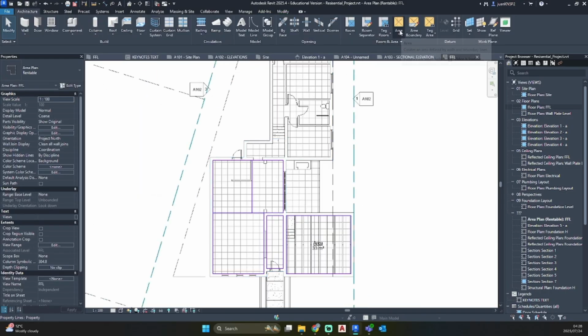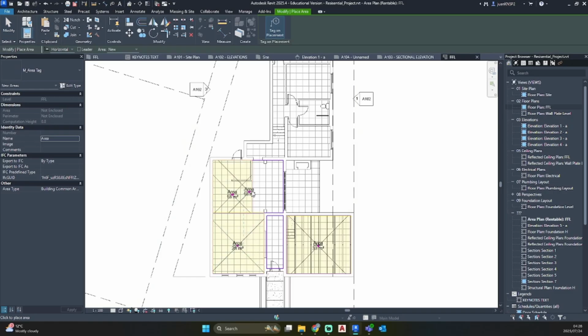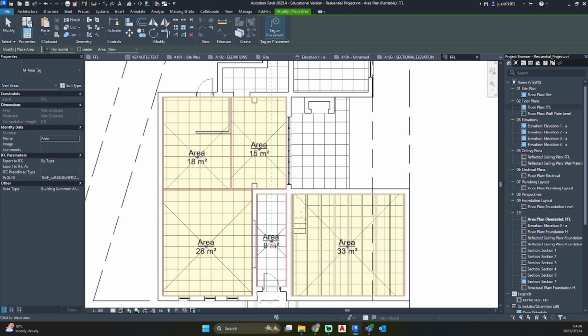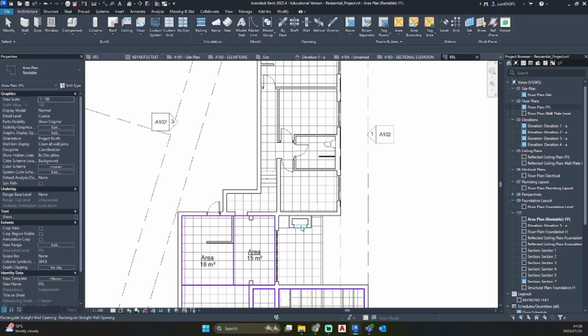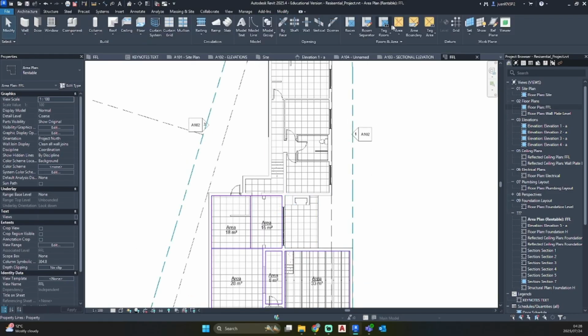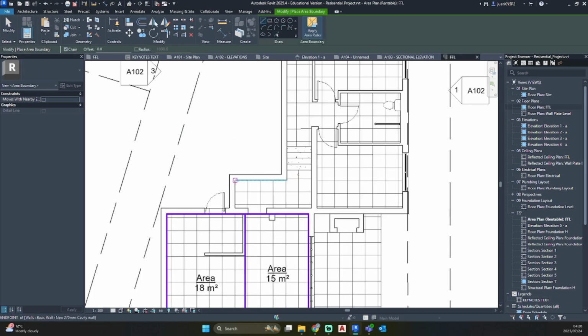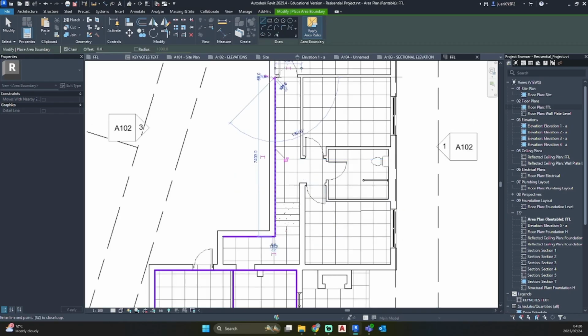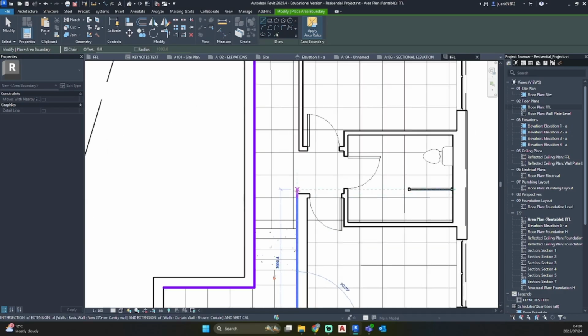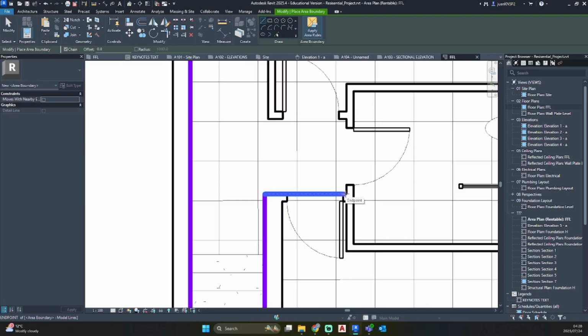Go to your Room and Area, click on the area drop down and area once again. And then we can add these tags. So I'm just going to quickly go through these areas and trace them. We're supposed to sit on the wall.